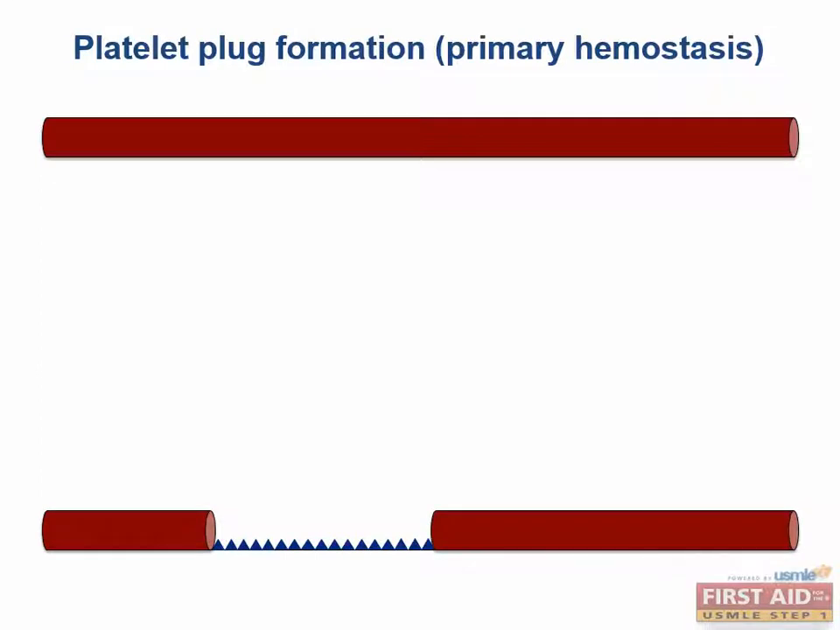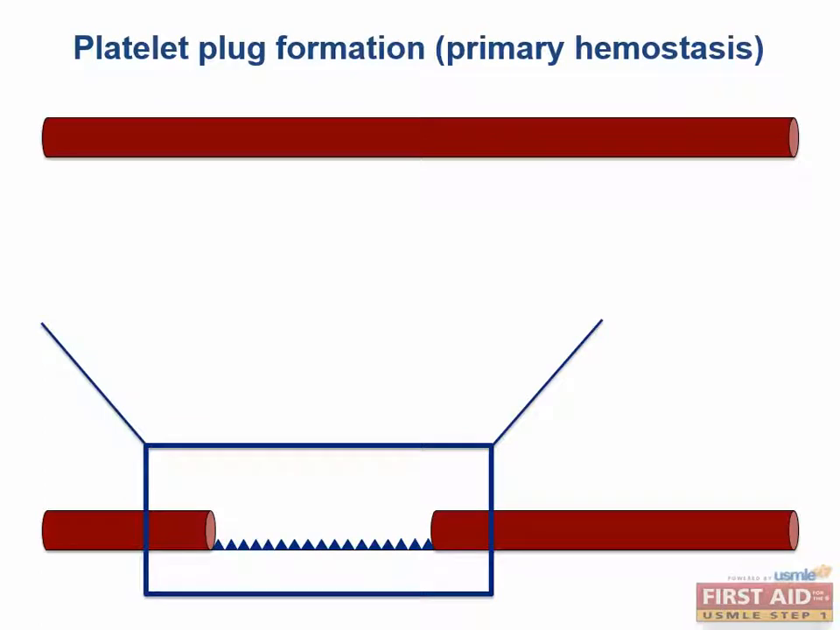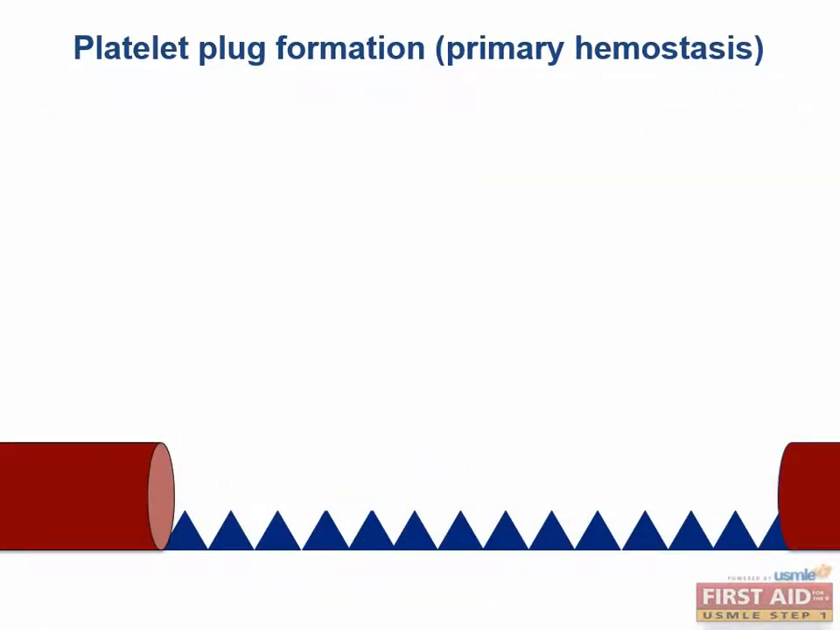done to this blood vessel. We're going to zoom into this area and watch primary hemostasis in action. The first step is the adhesion of platelets. This begins with the exposed collagen, as we can see here, and von Willebrand factor floating in the bloodstream, binding